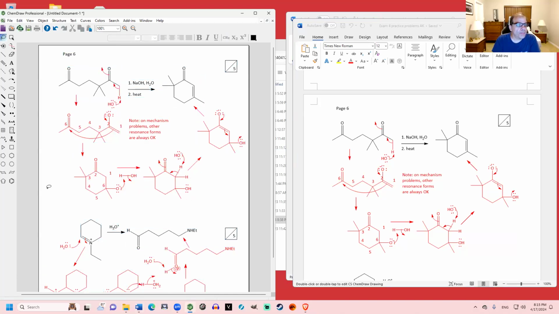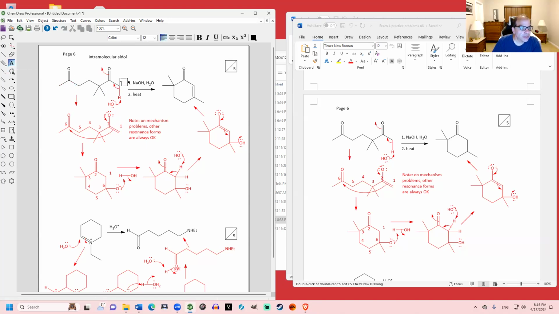The next one looks to be an intramolecular aldol reaction. And the way I know that is we're given a diketone and we form a ring. So the tricky part here is knowing where to deprotonate, whether it's at this CH3 or this CH3, since the molecule's not symmetrical. The way we know it's at this CH3 is because